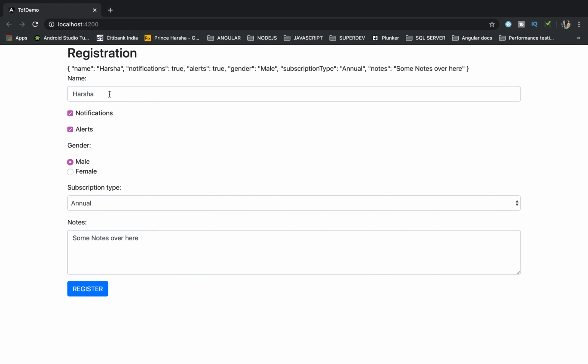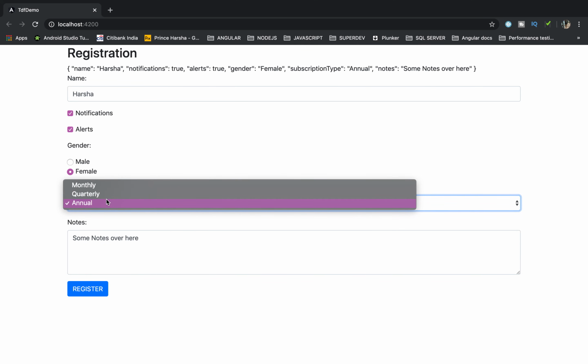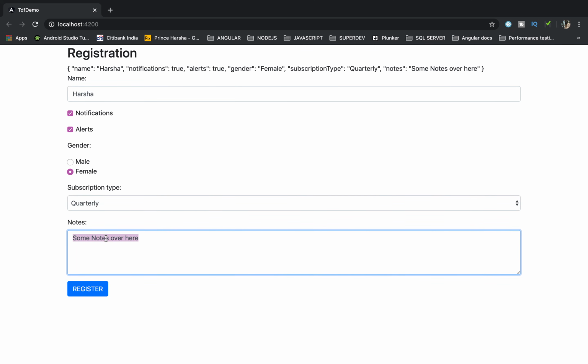Whenever we make changes in our form, for example in case of notifications and alerts, this is a checkbox, right? Suppose I am unchecking this, you can observe that alerts is getting the value false now. So whenever I update a value in my form, it may be a checkbox, a text field, a radio button, a drop down or a text area.